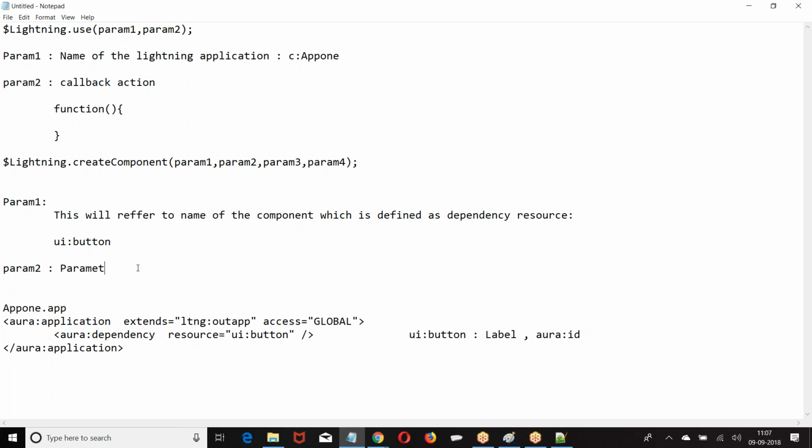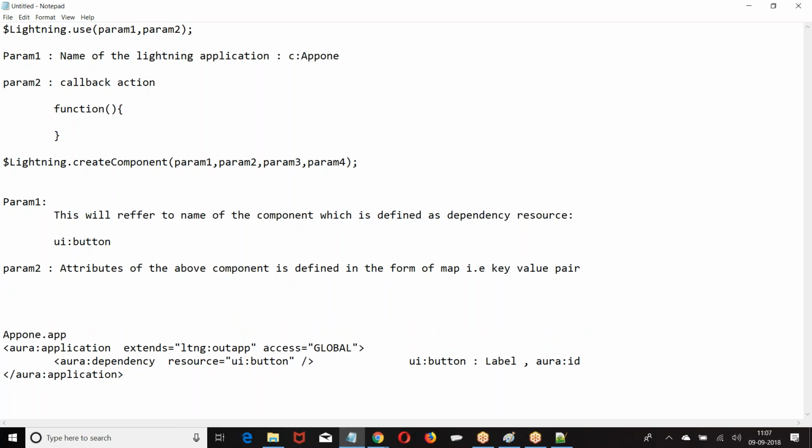So parameters are attributes of the above component, defined in the form of a map. That is a key value pair. So we give